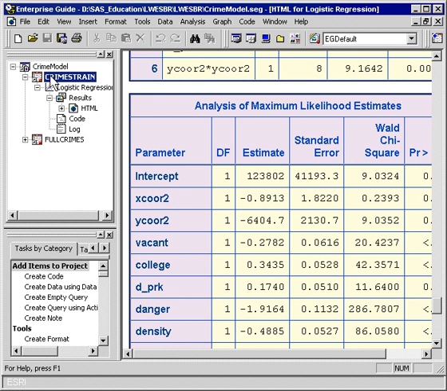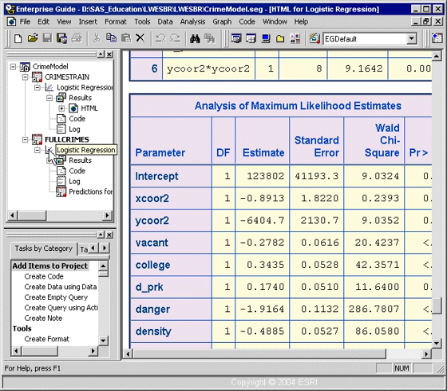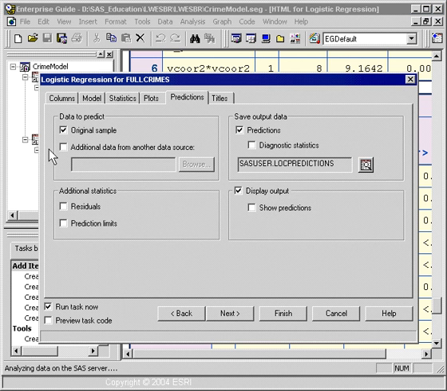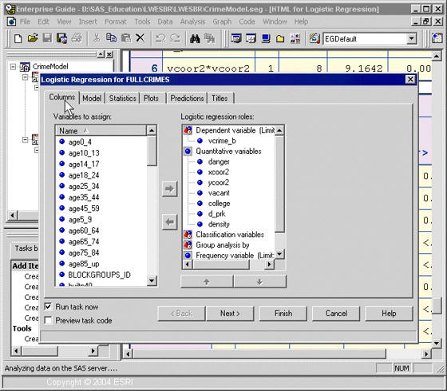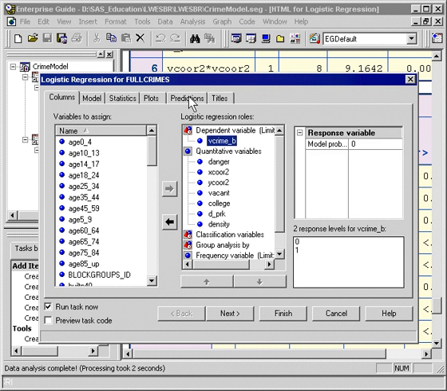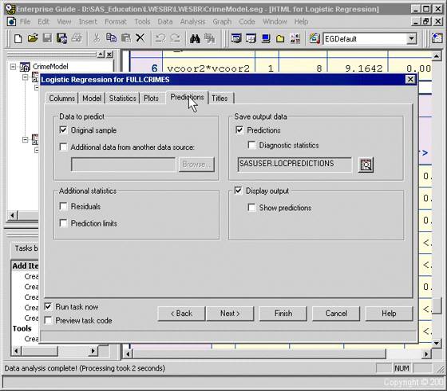Now, this is my training data set. This is the data set from earlier that I used to build the model. Now I'm going to go to the data set I want to predict for. Again, I'm building a logistic regression task, and now I'm going to use the model that my earlier data set gave me. I'm going to use those significant predictors in those terms, but now I'm going to ask for predictions. So I'm going to tell SAS, I want you to predict which of these are going to be violent crime locations in the future. So I'm asking for predictions, I've given it a name, and then I'm going to click